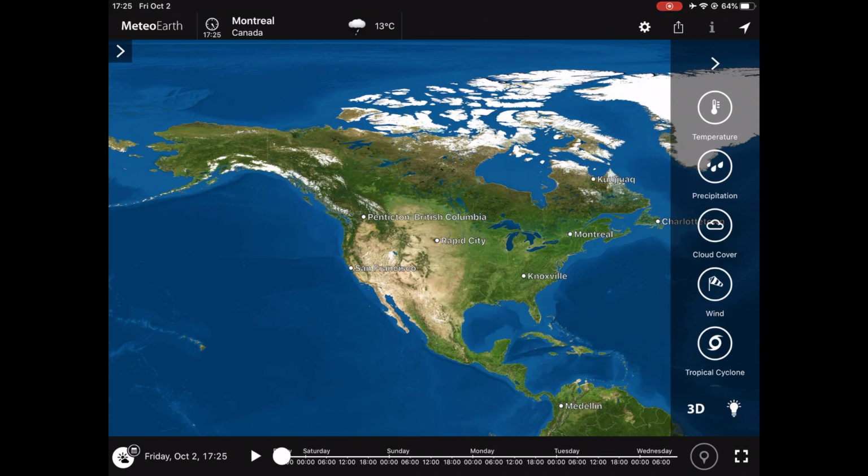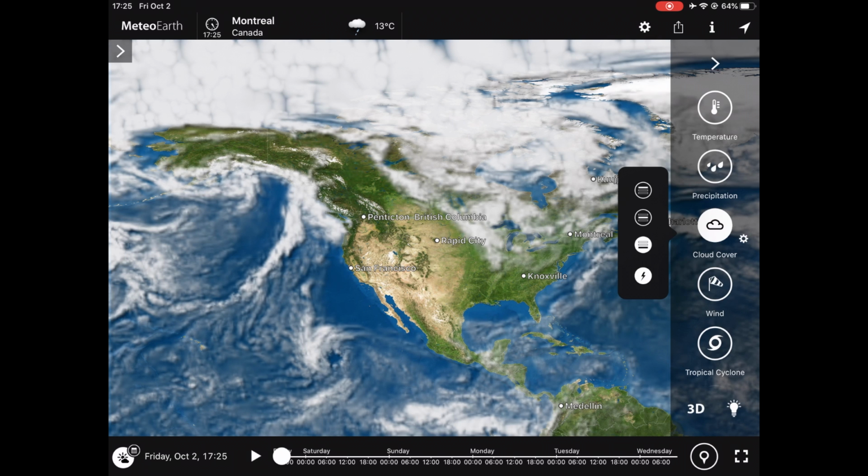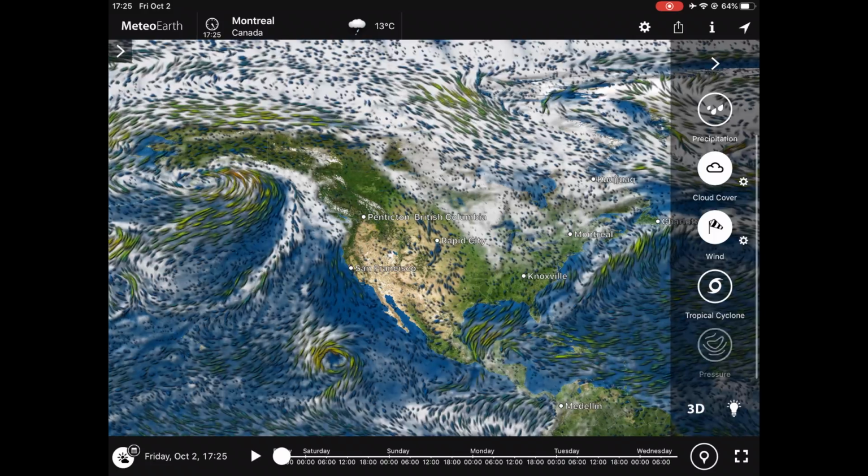When I come into the application, the first thing I do is set up the various settings for what I want to do. By default, it doesn't seem to save any settings. So what I'll do is turn on cloud cover and then tell it that I only want to see low-level clouds, because I'm not concerned if I have clouds above me when I'm flying. It's more that if the cloud cover is so low that I can't get at least 1,000 feet above the ground to get to my destination. I'll turn on wind, and I'll turn on the pressure lines.